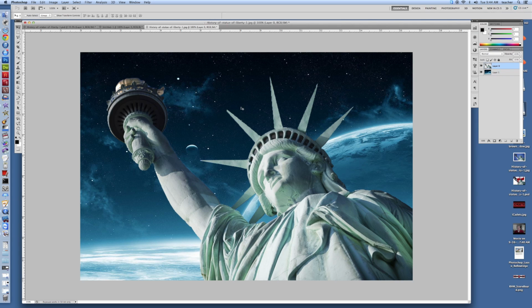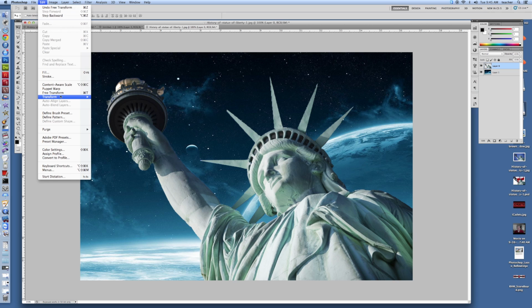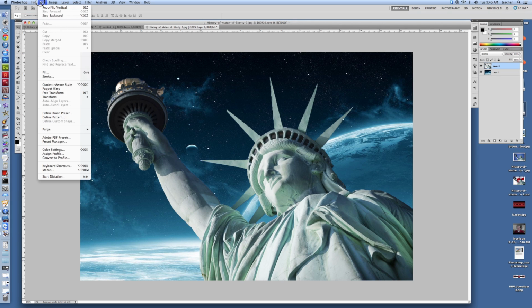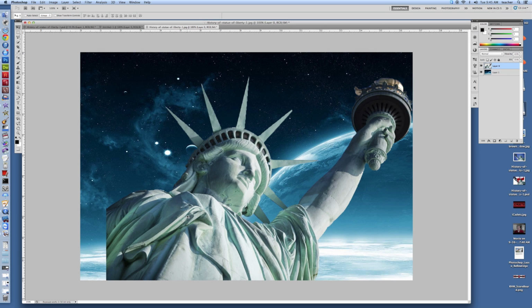Okay. Once on that layer, assuming that the layer is unlocked, I can go up to Edit, and I've got a few other transform options here. I can scale it, rotate it, skew it, distort it, perspective, warp, and those will all come up later. But let's say I really wanted the Statue of Liberty facing the other way. I can go ahead and flip that. Oh, flip vertically, don't want that. Let's go ahead and go back and try flip horizontal. That's what I want. So I go to Transform, flip horizontal. Now the statue is looking completely the opposite direction here,